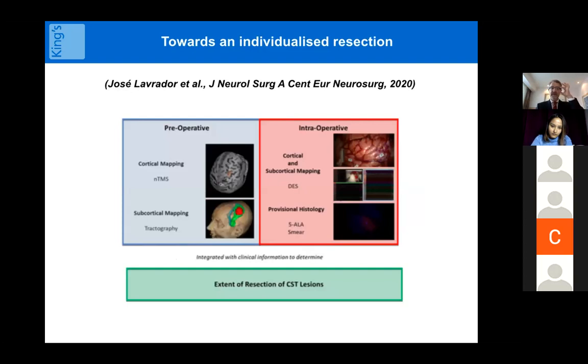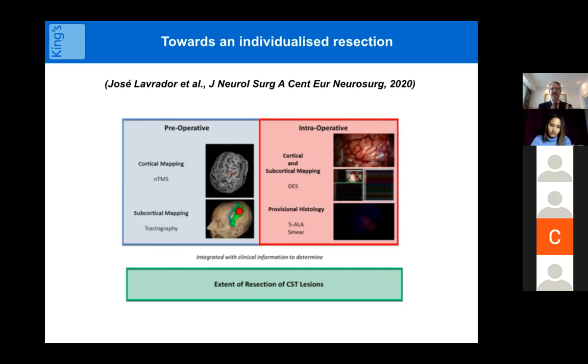So again, the other key message is that you need to have this view of how to approach a tumor, combining preoperative and intraoperative strategy, and ultimately taking time also to sit down with the patient to see what are their expectations, what are their goals in life, and what is important to them. Is the patient a teacher? Do they need high mathematical skills? There are areas of the brain that you can